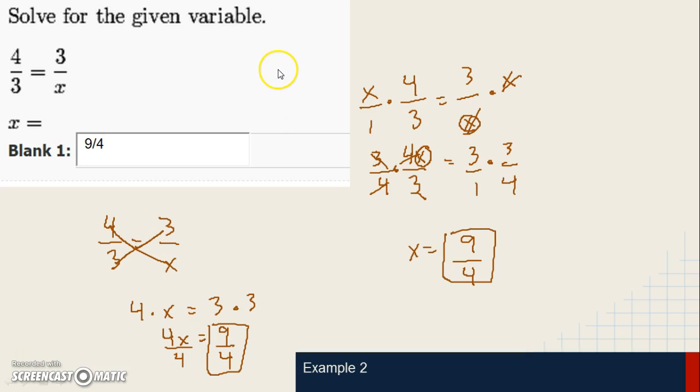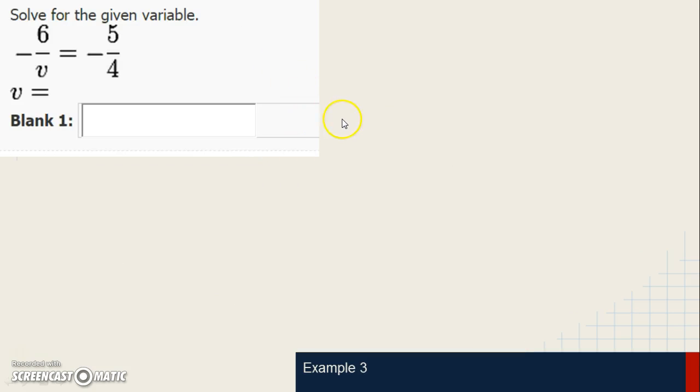Example number 3. So now that you know that when you're cross multiplying and solving for the variable, it's the same exact thing as solving with inverse operations, we're just going to go ahead and do the rest of these examples using cross multiplication. So here I have v times -5, and we're going to always take the negative. If there's one negative in front of the fraction, let's just always put that in the numerator. So we're going to say v times -5